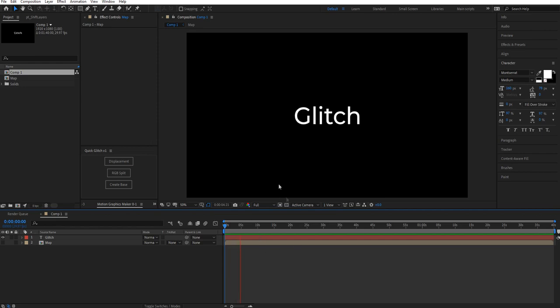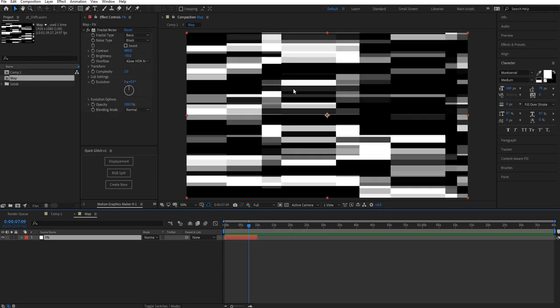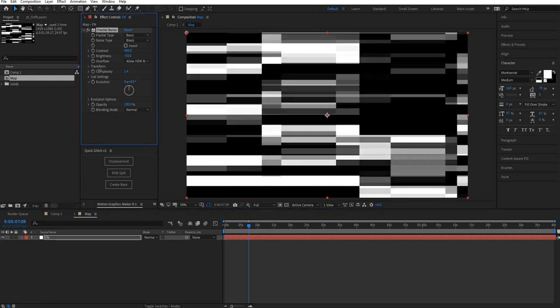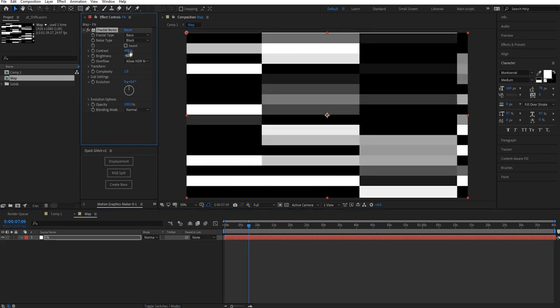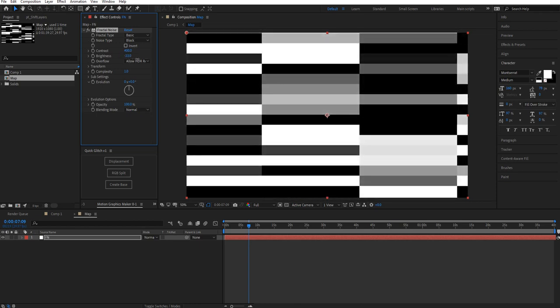It's just a very basic one. We have displacement map. We used created map layer. You can customize it, of course. Maybe you want to decrease complexity, increase or decrease brightness. Let's come back to our main composition,